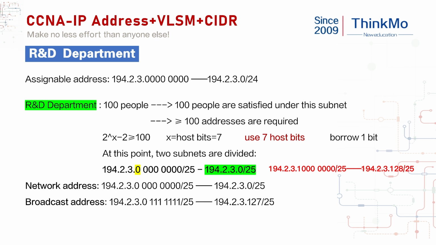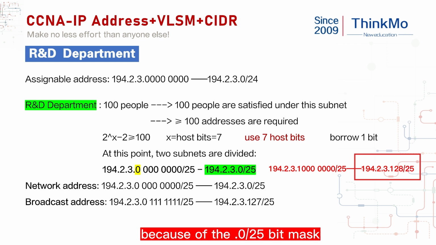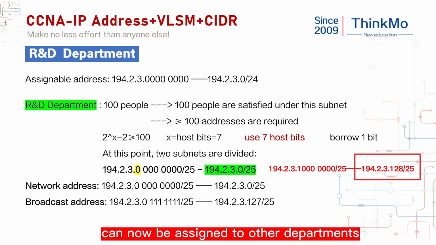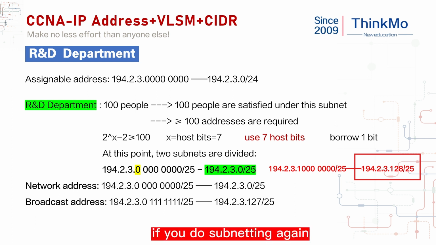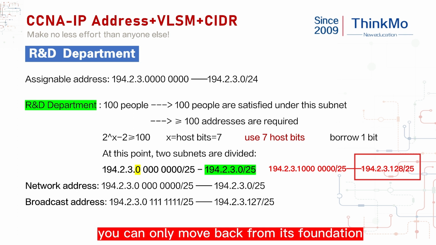Okay. There's only one left, because the 0.0 with 25-bit mask is already used by others; this one can now be assigned to other departments. That's all that's left. In the future, if you do subnetting again, you can only move back